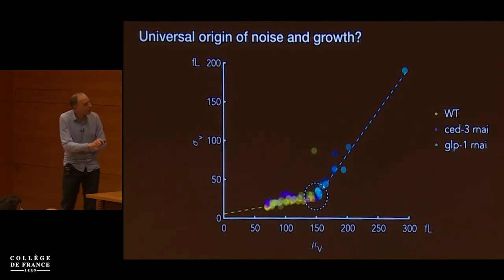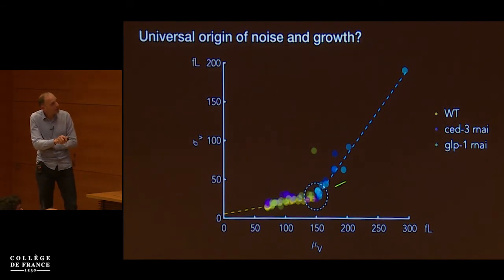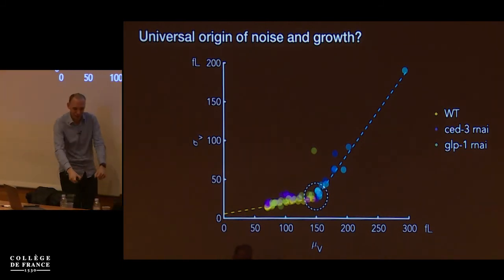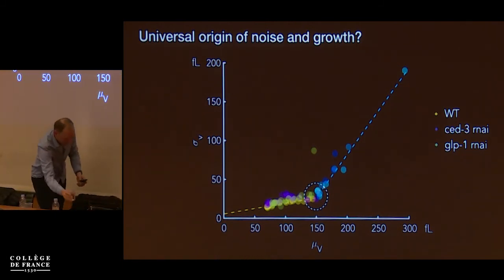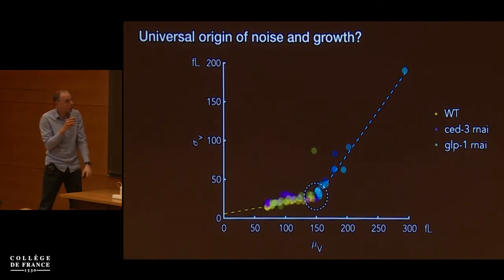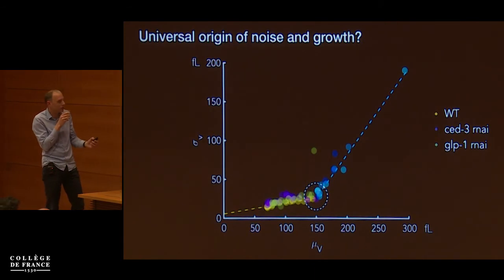Just as a point which is interesting, we can now plot the volumes of the cells, again, on the same graph. You see this collapses quite nicely, and it just tells us that cells can grow on their own until about 150 femtoliters, and beyond 150, they need to be pumped. So basically, cells grow until 150 on their own, and to grow cells larger, in this system at least, than 150 femtoliters, you need to have pressure inversion and pumping.